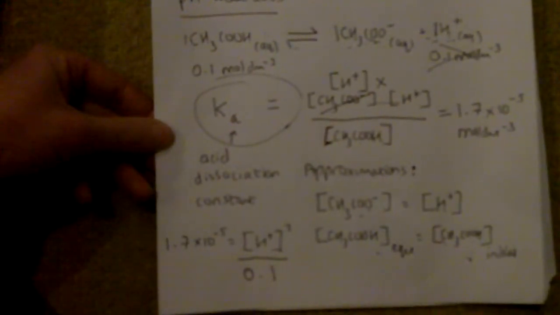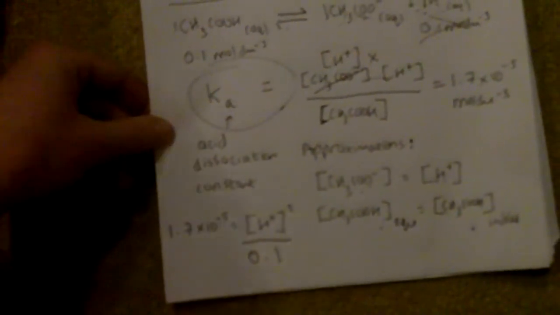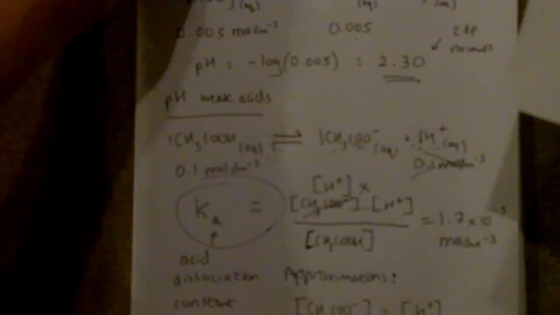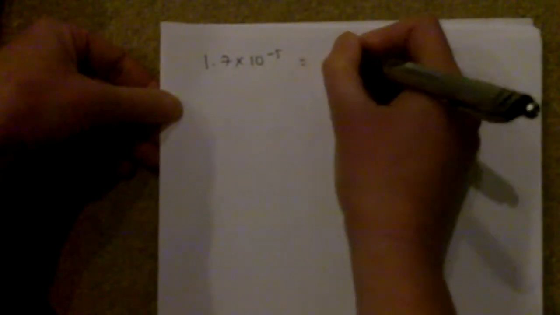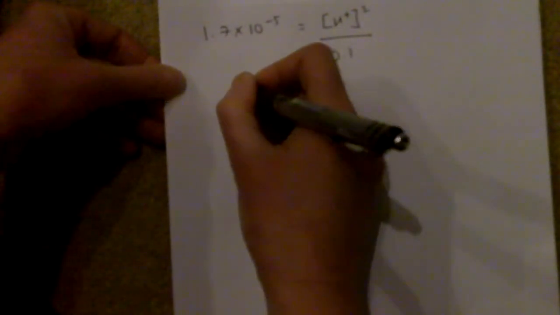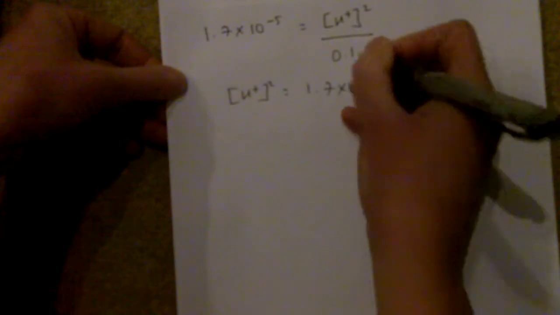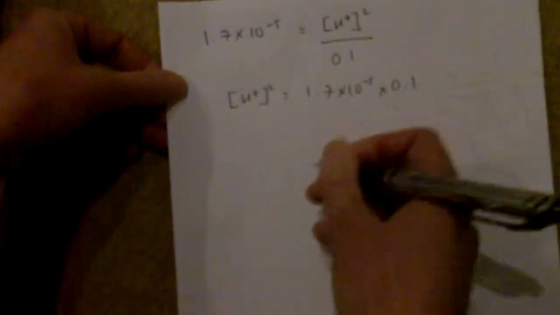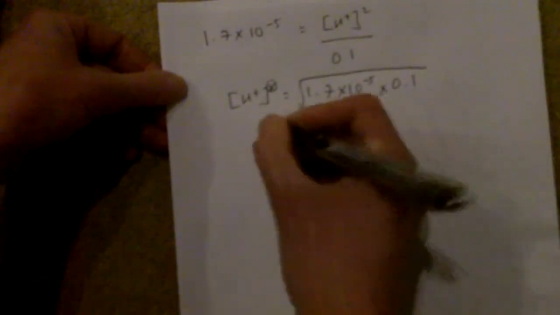So this is to find the pH of a weak acid. We rearrange. I'm going to do this on a separate piece of paper. So what we've got is 1.7 times 10 to the minus 5, which is the Ka value, equals H+ squared over 0.1. We rearrange, so H+ squared is 1.7 times 10 to the minus 5 times 0.1. Then we square root to get rid of this, and that will give us the H+